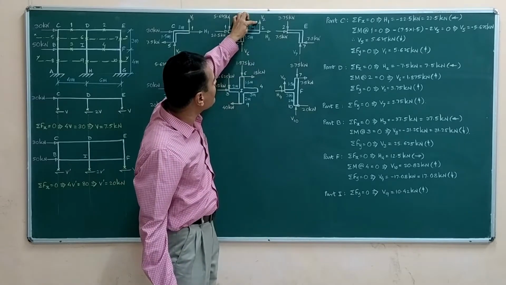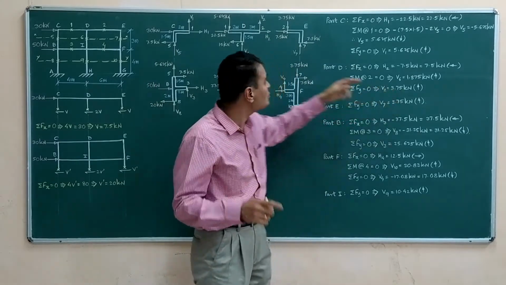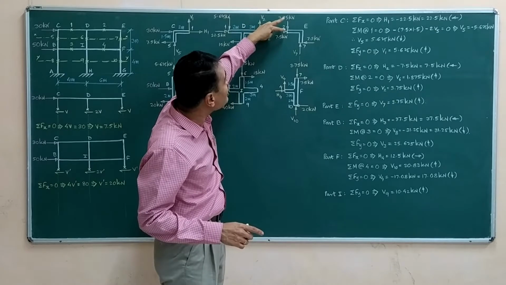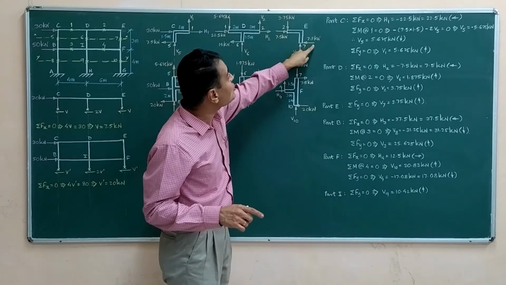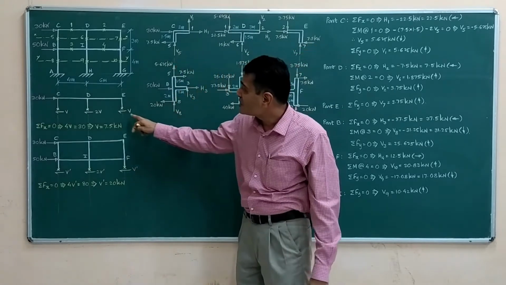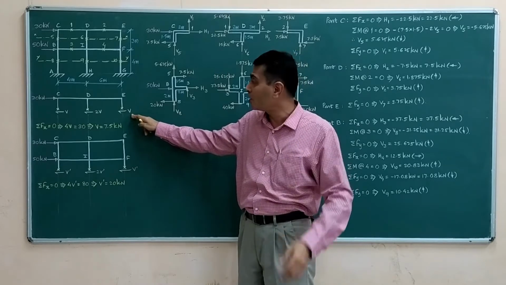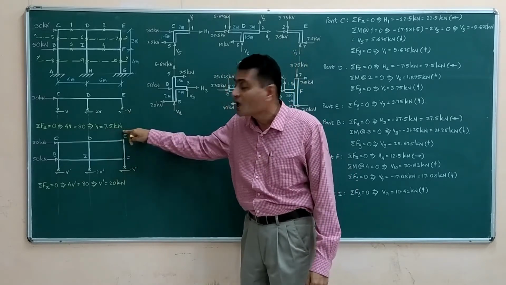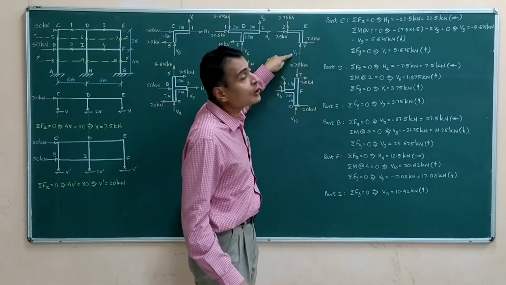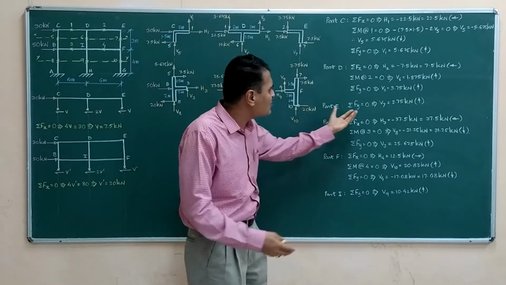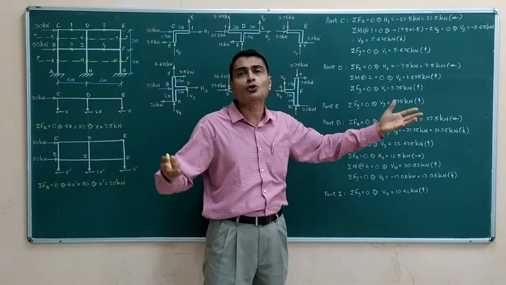Similarly, we have V2 here, which is known to us to be 3.75 kilonewtons upwards, so equal and opposite 3.75 kilonewtons downwards I have shown. This is known, this is known. How come this is known to us? See this Portal method assumption, exterior column carrying half the share of the interior column. So this was already found to be 7.5 kilonewtons. So this is also shown. There is only one unknown in this FBD. I just apply sigma Fy equal to 0. I get the answer for V7 as 3.75 kilonewtons.